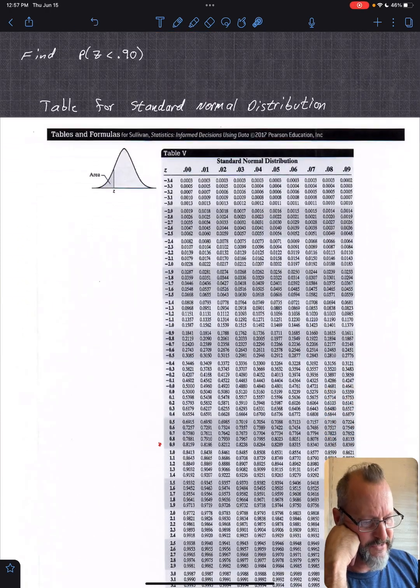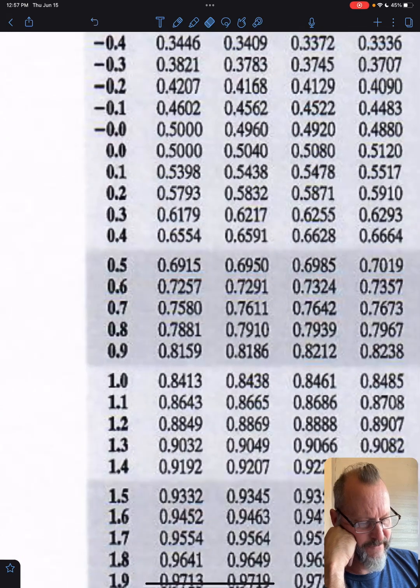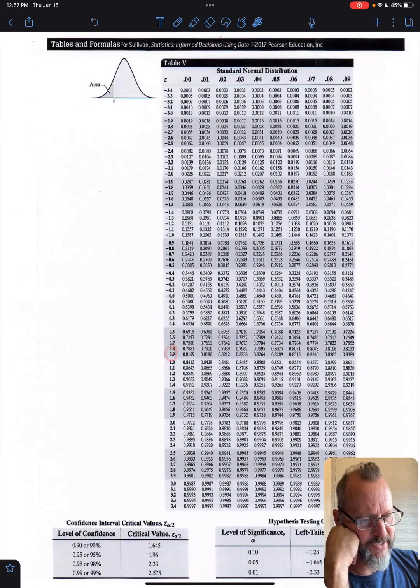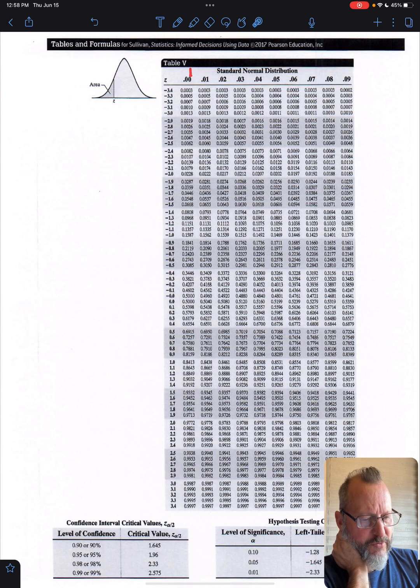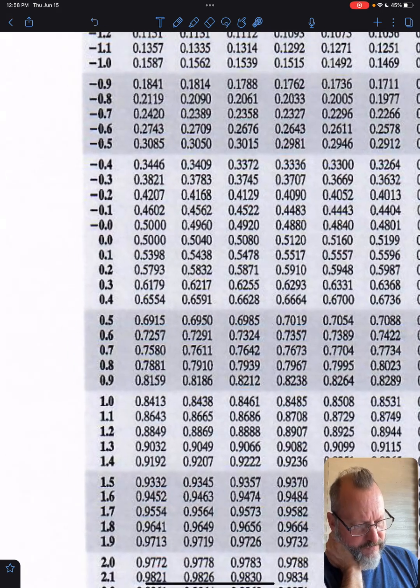It's standardized. So you find 0.9. Here it is. It's 0.90. So the decimal is up here. So it goes to basically 2 decimals. So it's 0.90, 0.91, 0.92, 0.93, etc. All right. So you go to 0.90,